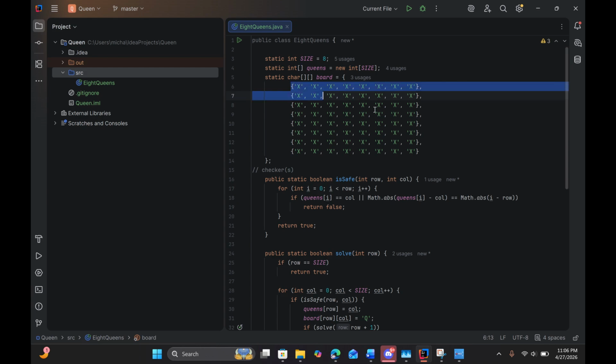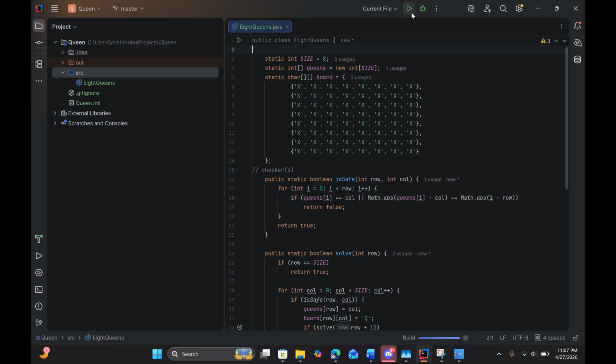This is just like a visual for me. But I labeled it as X, so each one checks if a queen is in the range of another queen. So the first queen will be right here, and it'll check and fill each one, depending if it's true or false. In total, there are 8 queens in here, and if I run this,